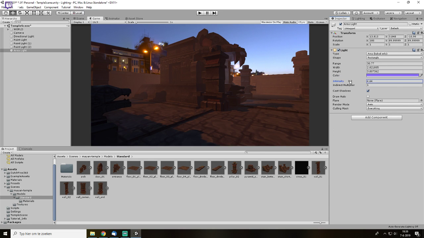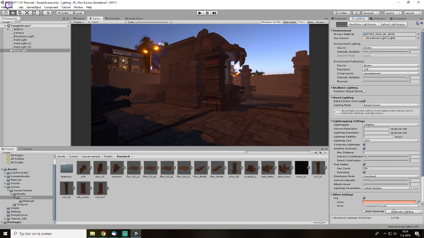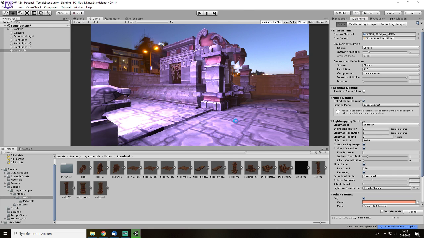So we need to up the intensity. I'm gonna go extreme here, like 29. Let's just do this. So as you can imagine, this is a time-consuming job, because if you change something, you have to bake everything again, and it just takes time. I mean, I don't mind it personally. I think it's quite fun, but